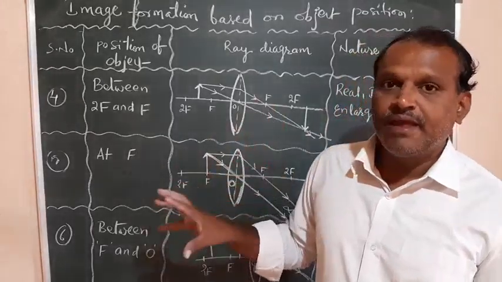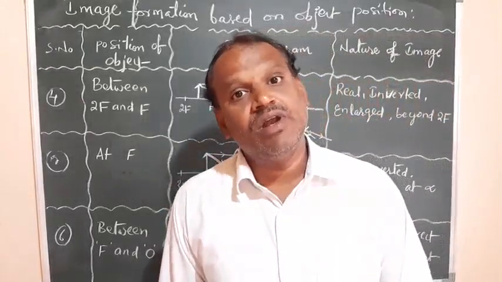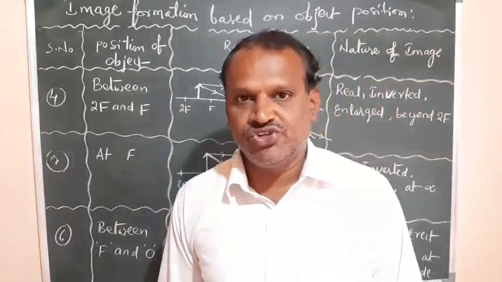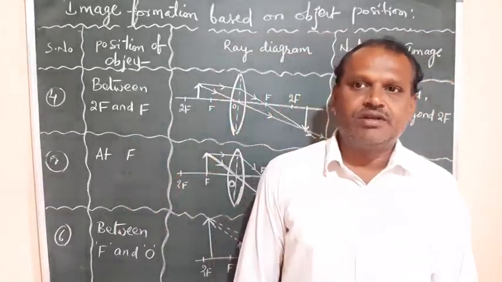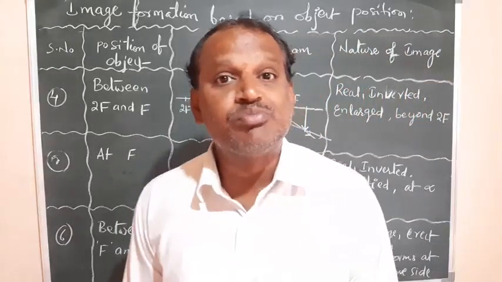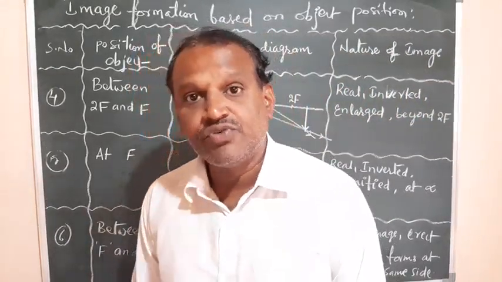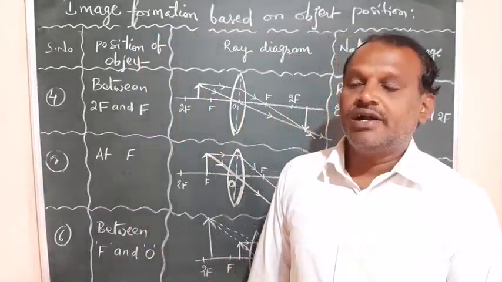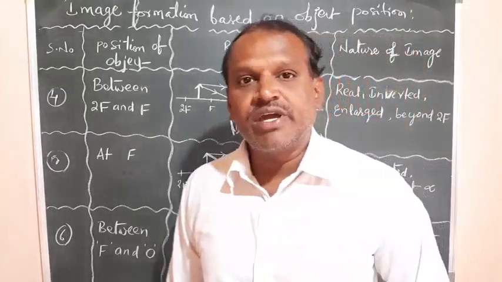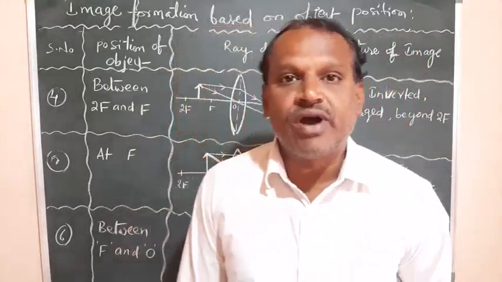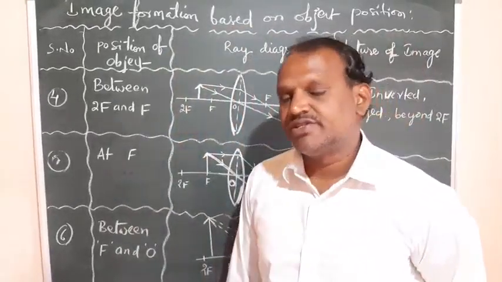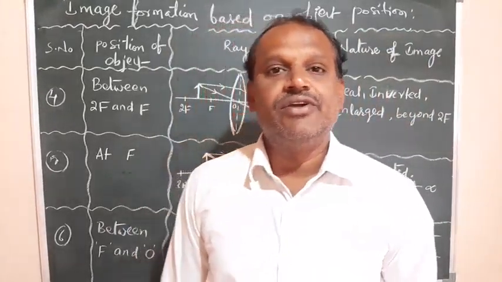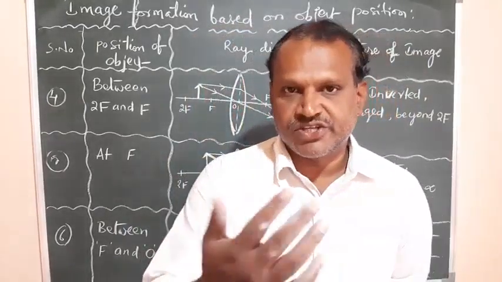Similarly, we can have image formation due to concave lenses also. A concave lens always provides a virtual image, except in one or two cases, right? Because of the virtual image we cannot use it in many applications. Which lens is that? It is the concave lens, right? Regarding the concave lens, and how the lens maker formula or lens formula can be modified for convex lens and concave lens, that modification of the lens maker formula for both lenses and their differences we can see in the next video, right?